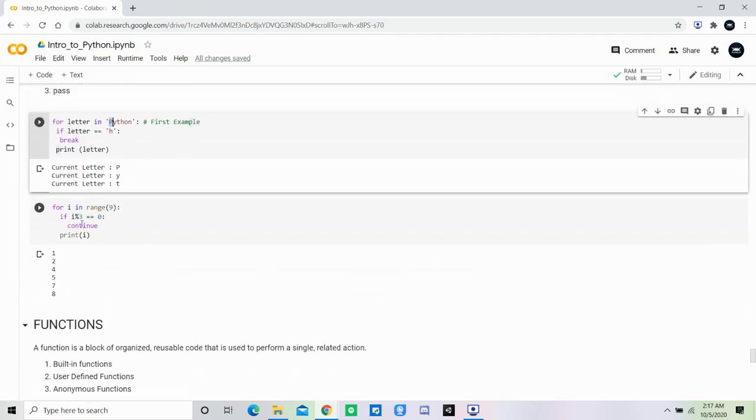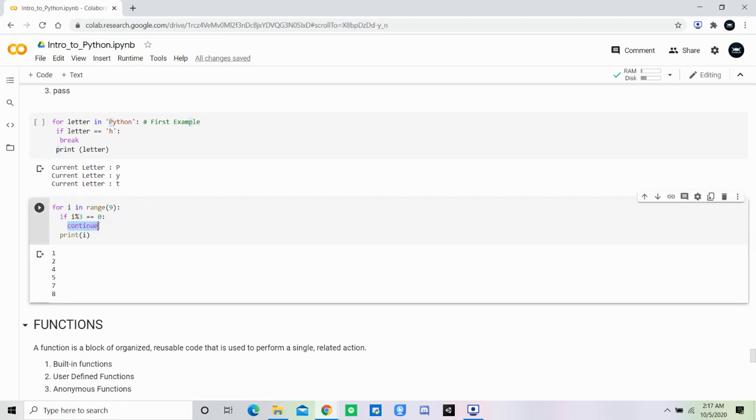Now let's move to this. If we want to print only the values which are not divisible by 3, we give it a condition. If the condition is met, it will not print, because we have provided it with continue. Let's see, in this example, i has the value 0. It will check 0 modulus 3 is equal to 0, which is true, so it will execute this continue statement. The continue statement's work is to reiterate to the next value,